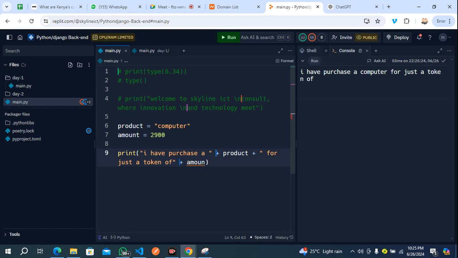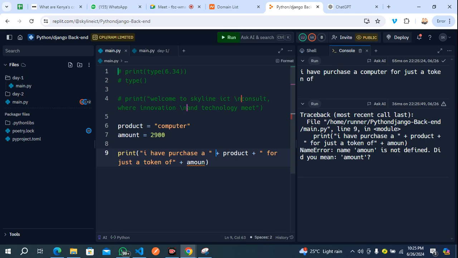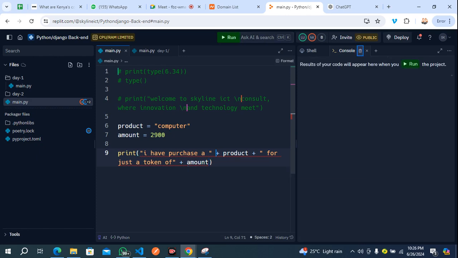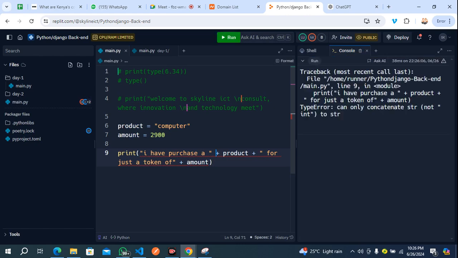Then when you concatenate, maybe you run this, you need to complete this. So let's run it again. Amount, clean up this and run again.